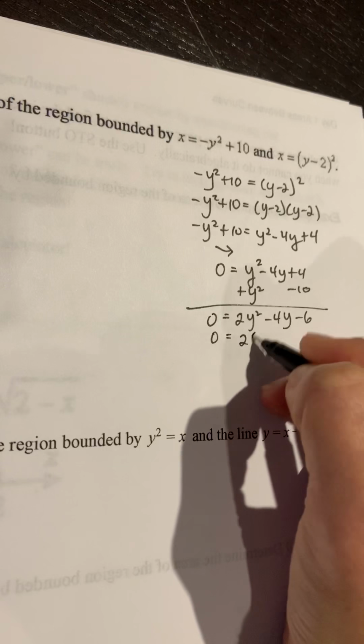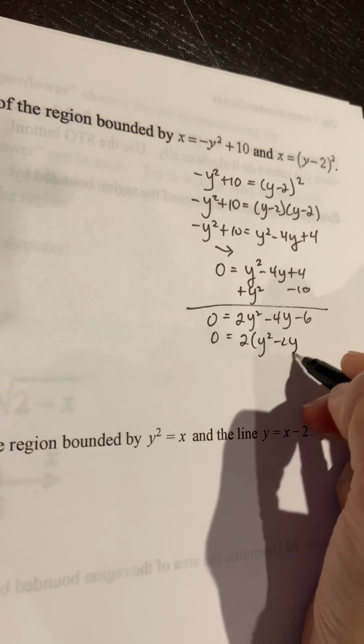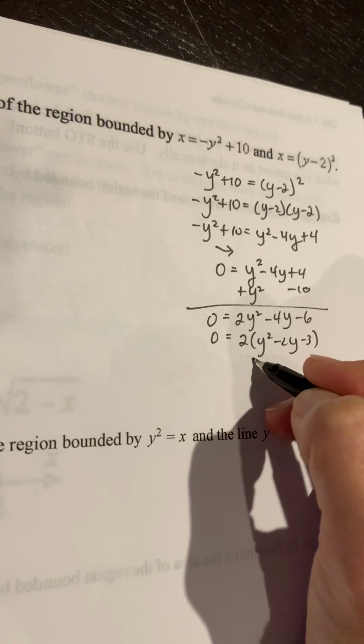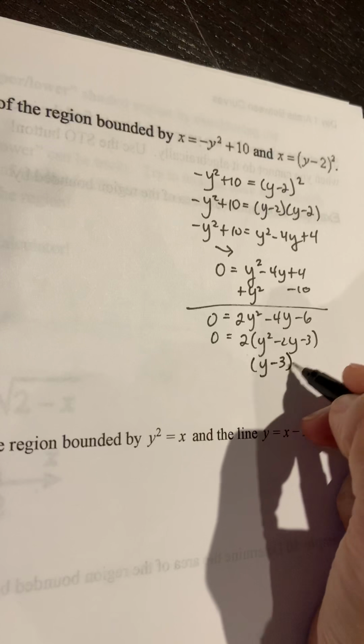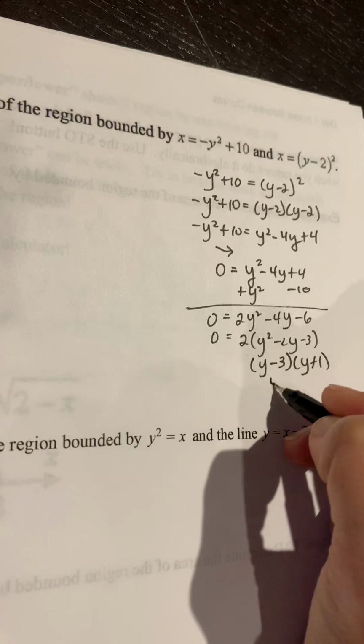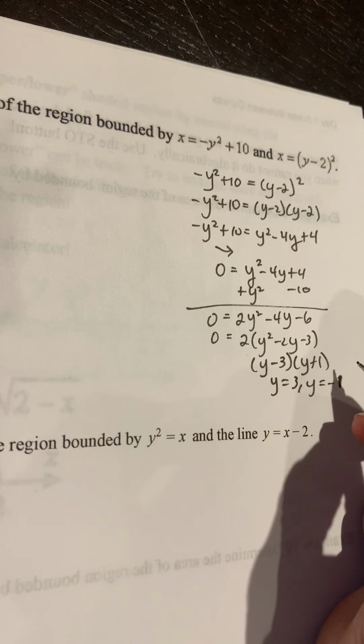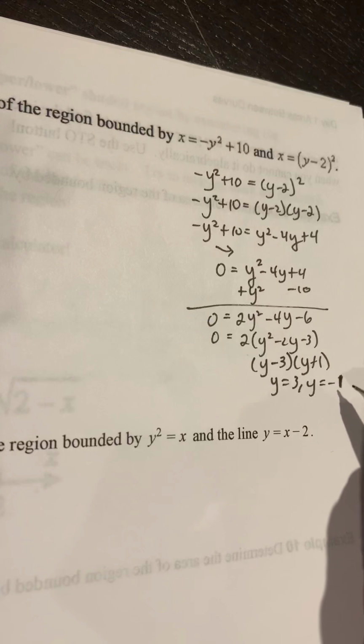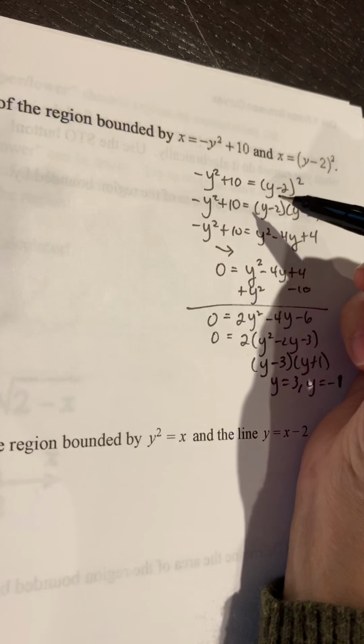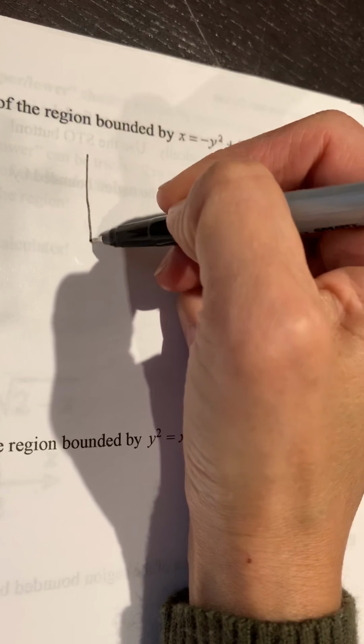Take out the GCF, greatest common factor: y squared minus 2y minus 3. Factor this: y minus 3, y plus 1. So y is equal to 3, and y is equal to negative 1. Okay, so that combined with looking at the picture of this, if we can get a picture of this,